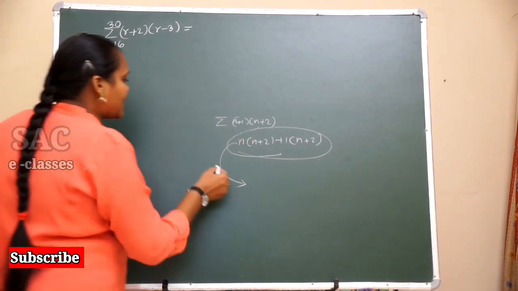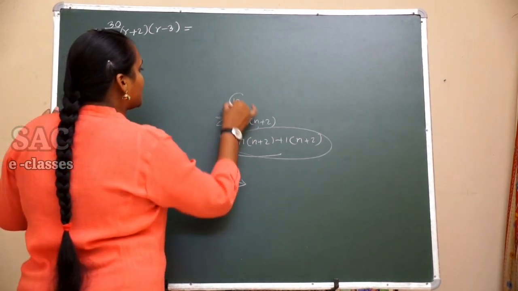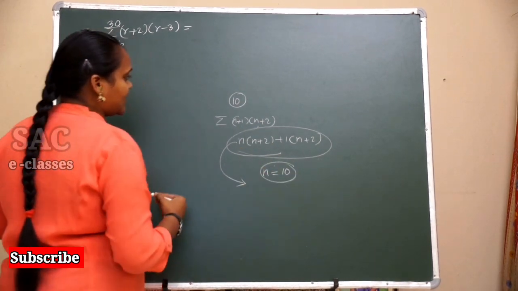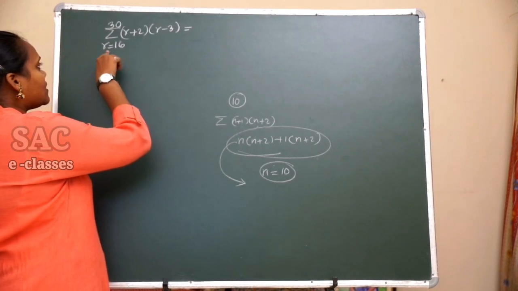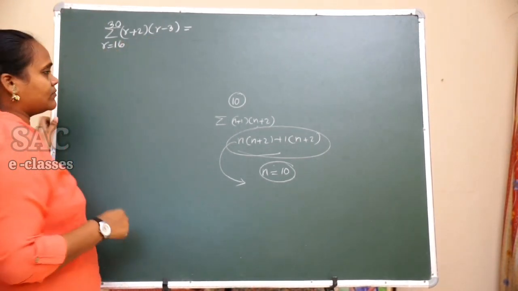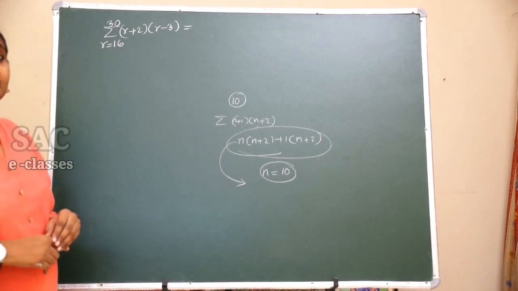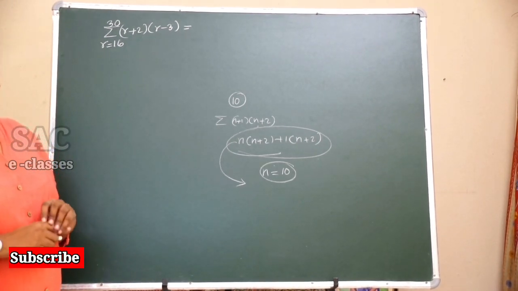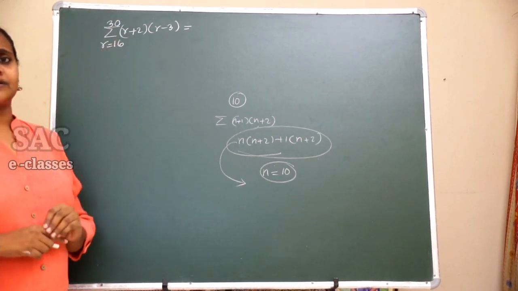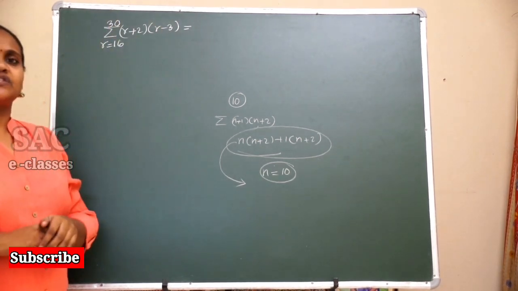And later on, if it is the first 10 terms, what did we do? We substituted n as 10 and we got the answer. But here, the second problem is very simple. It is easier, if you have observed, because we need not find the nth term also. Just the sum of those terms is there.